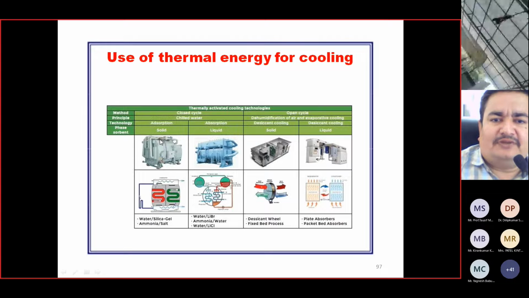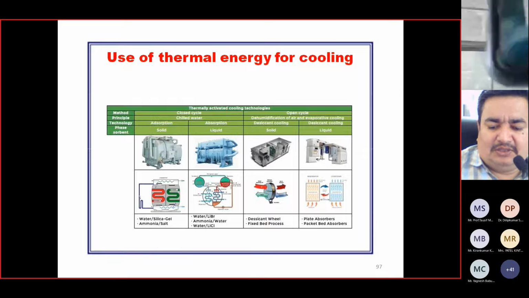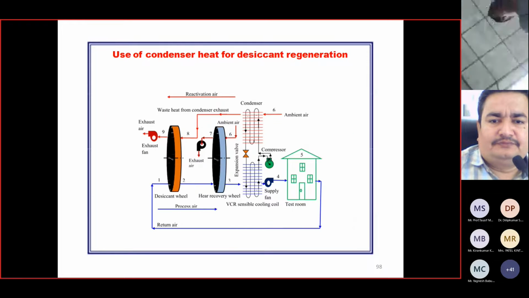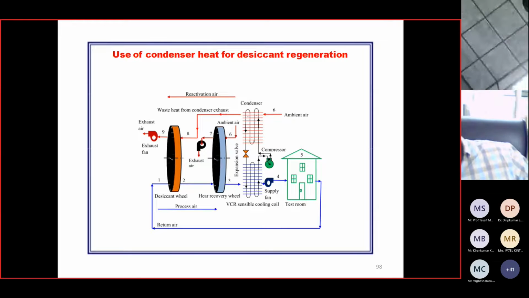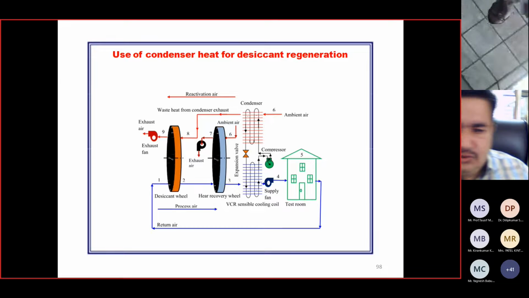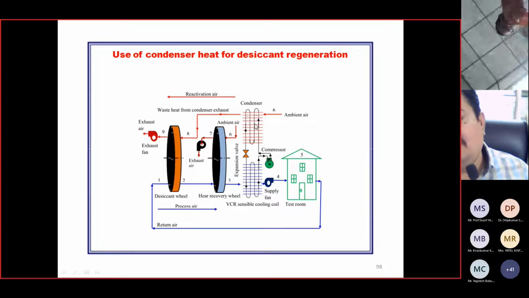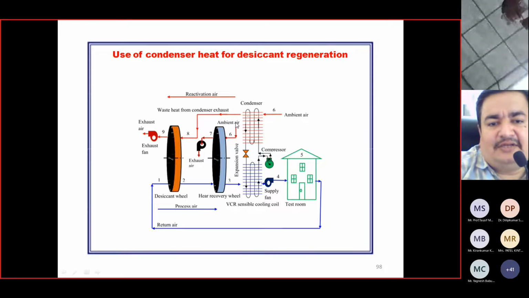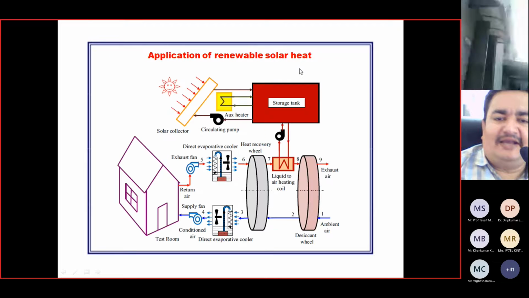So these are the different kinds of thermal energy that can be used for cooling in different kinds of cycles, whether adsorption or absorption. As I mentioned earlier, there are diversified sources for the reactivation heat demanded by the dehumidifier. Sometimes a large amount of condenser heat is available in a big chilling plant coupled with a conventional vapor compression based refrigeration plant. In that case, for reactivating the dehumidifier, you may use this condenser heat from the energy conservation point of view. So it is also a kind of source for reactivation.